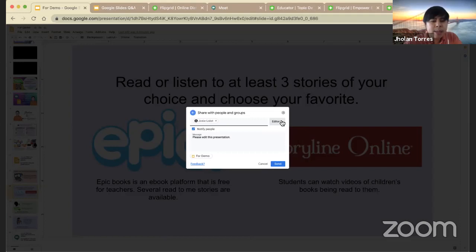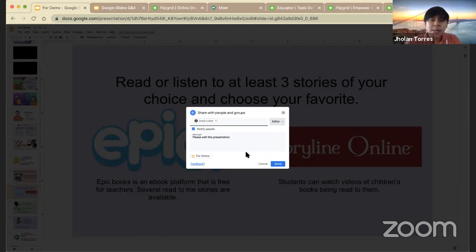So that's the Editor option. When I click Editor, then I'll send it to them. What will happen? They can also edit the presentation at the same time or at their own pace. So it's possible. So in your case, we can think of how students can use it. For example, you will ask your students to create a slide presentation. Okay?